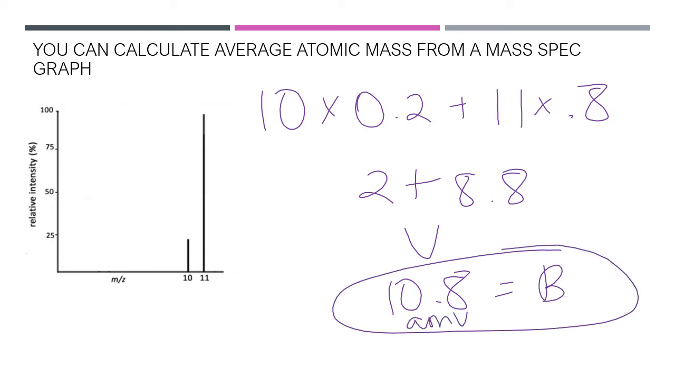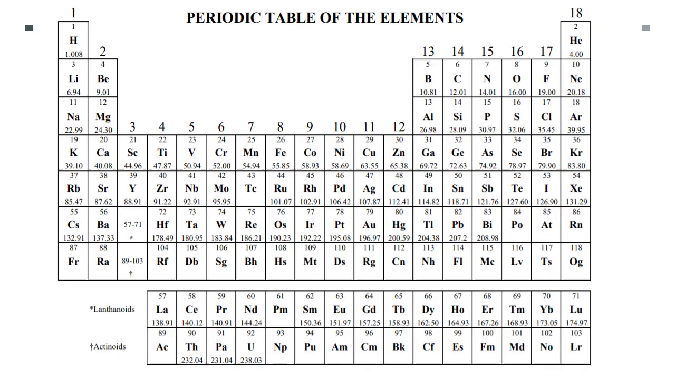And where is boron? Yep, 10.81. And again, you get a periodic table, so don't think you have to memorize these. And periodic tables are really helpful when you do average atomic mass calculations, because let's say you're looking at a